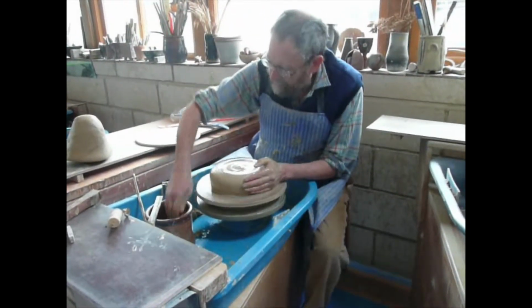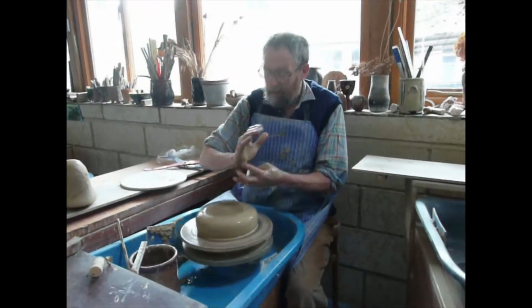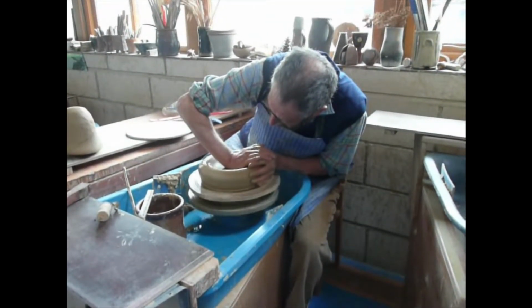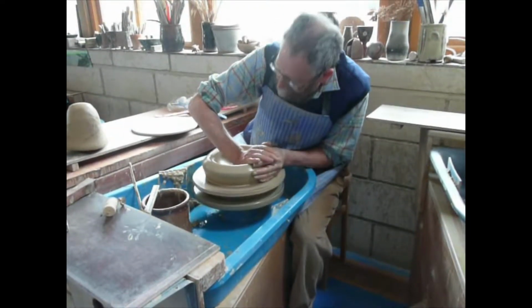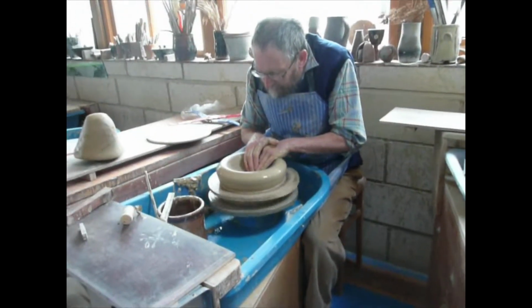And then again, when I'm opening big things, I tend to use that corner of mine from there, and cross down. And then finished off using